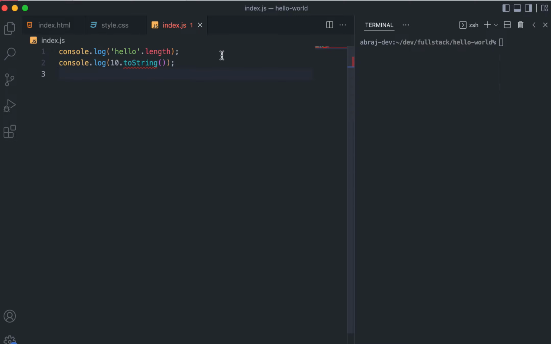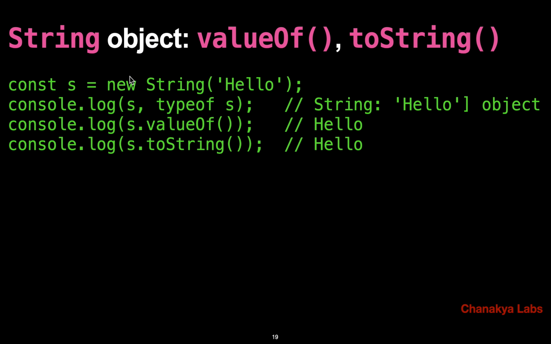So it is giving me an error, right? Basically, what is happening internally is that even if it is a primitive data type, this thing is automatically converted into a string object, and all these methods are available on that string object, which is not visible directly. But my point is that you can create a new string object with something like this,